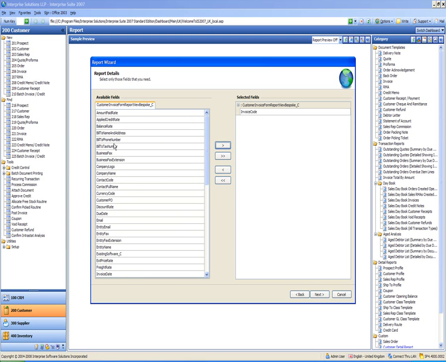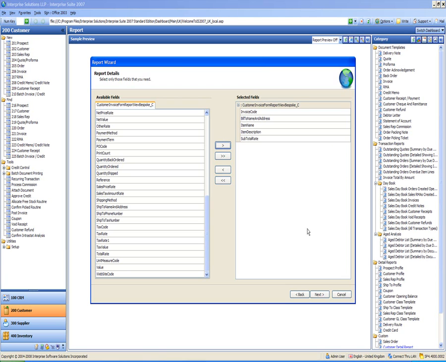parts of the report. So I'm just going to add bill to name and address, which will obviously print at the top. Invoice code will probably be at the top as well, but I'm going to add some other bits that are going to print into the detail, such as the item name. And I also want some things that are going to fit into the footer as well, so I'm going to add the subtotal rate in as well. So by that, I've just got one or two fields that are going to print in each section of the